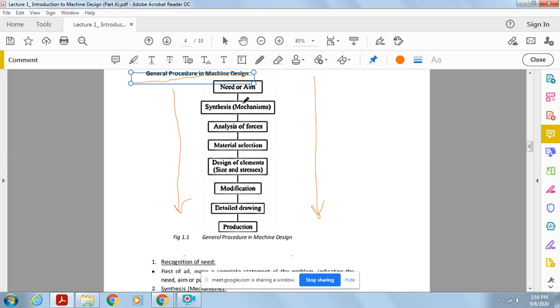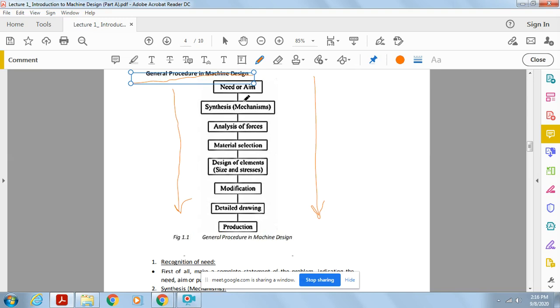Need means necessity. This is the need of the public. Now we see that it is very important to have a vaccine for coronavirus. So obviously this is now very much a need, that we must have a vaccine for the coronavirus. This is our need, our necessity. Once a need is developed, once a necessity is developed, only then can one put effort into developing something new. So the first idea is the need or aim.